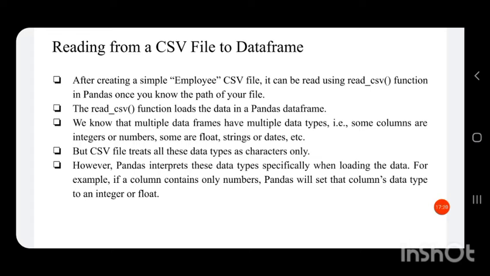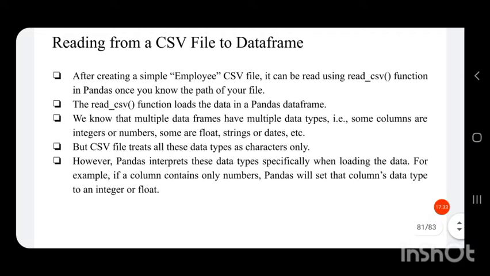However, Pandas interprets these data types specifically when loading the data. For example, if a column contains only numbers, Pandas will set that column's data type as an integer or float. So when importing data from a CSV file to a data frame, our CSV file contains data always in the form of characters.